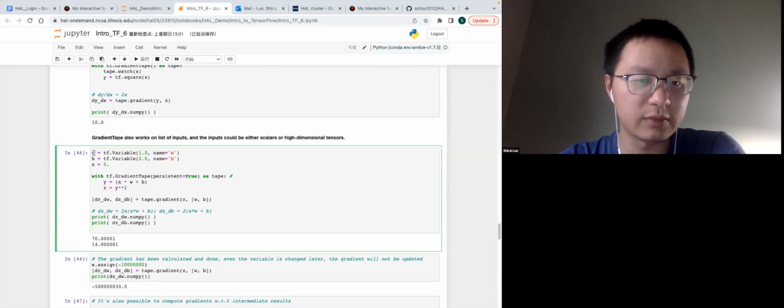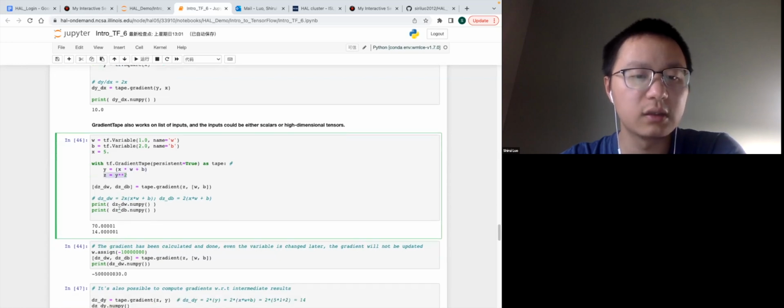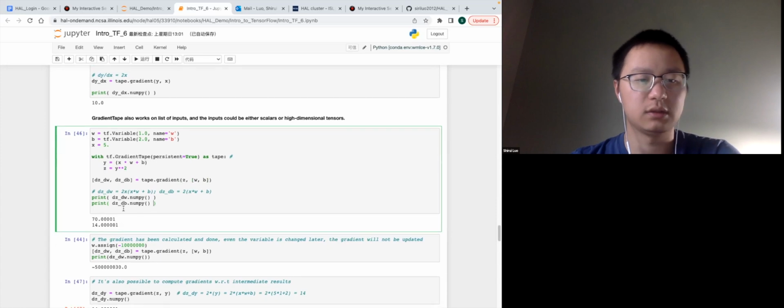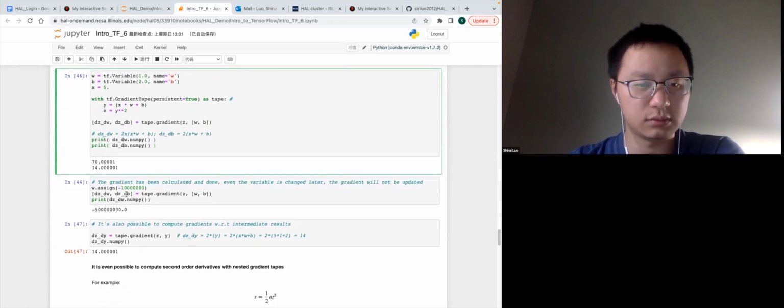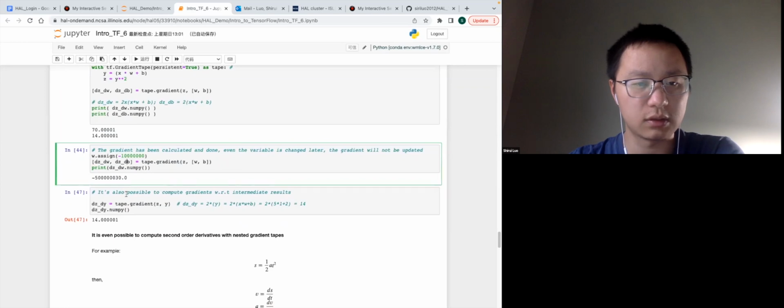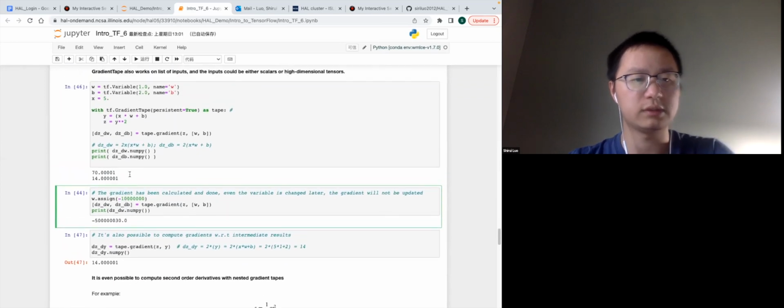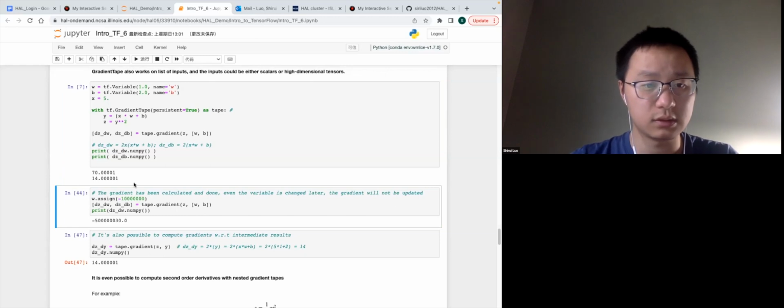So we have W and B. We want Y to be X times W plus B. And also Z is the square of Y. Then you can see you can do the gradient of Z over W and B, and print them out. So this will not work. So let's run it. Now if you reassign a different value to W and do this, you will see